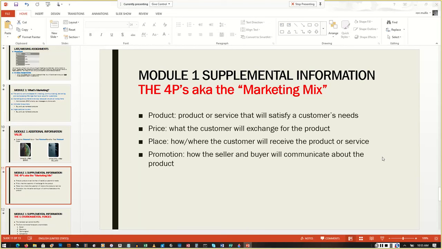So as you can see, marketing is in control of the execution of the 4 P's, whether they're trying to manipulate the price or control the price to get you to pay attention and come in, or the promotion where they're trying to make sure that these products are coming out.